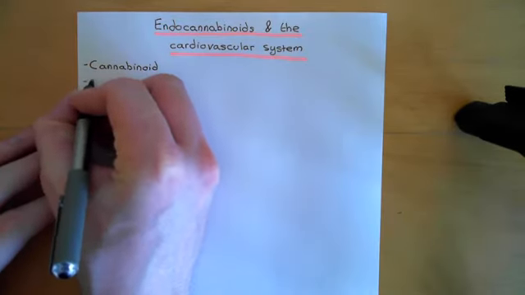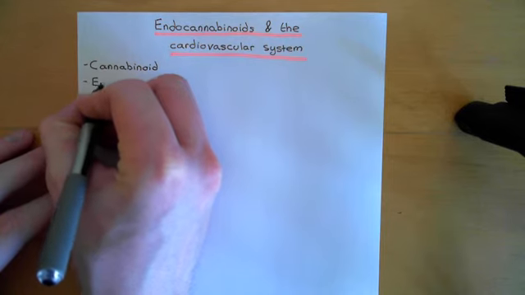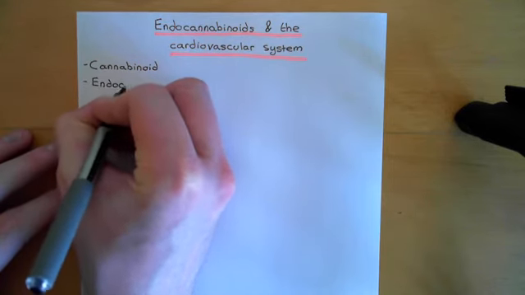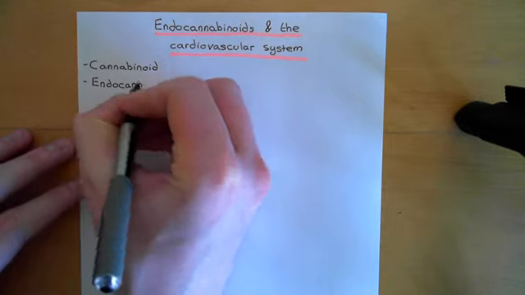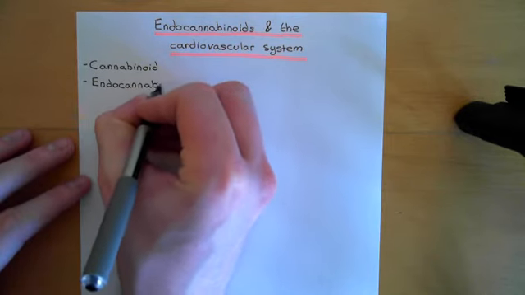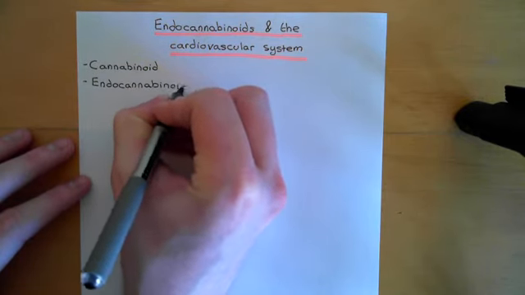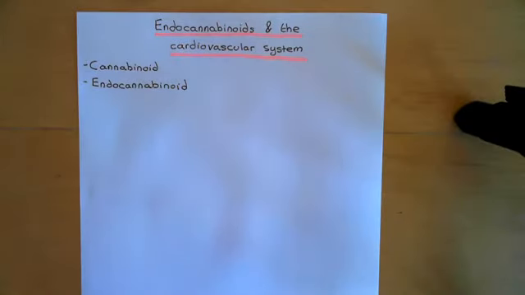Okay, now what then is an endocannabinoid? An endocannabinoid is a molecule that is used within the body. It's an endogenous molecule within the body that is capable of having a cannabinoid effect, so having a similar effect to cannabis. So they are effectively molecules that are in our body, and our body can synthesize, which produce a similar effect to this exogenous molecule which is in cannabis, which we'll see later on.